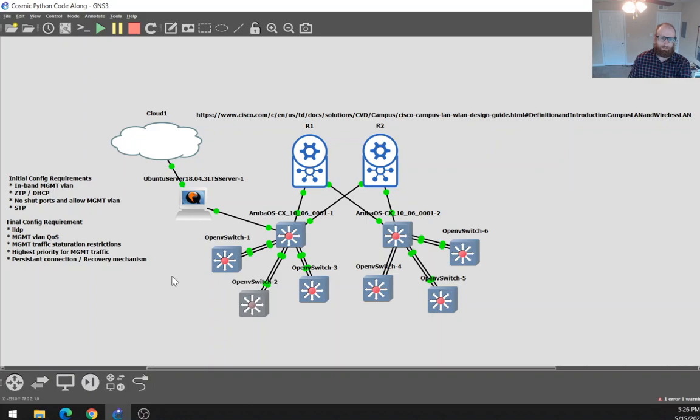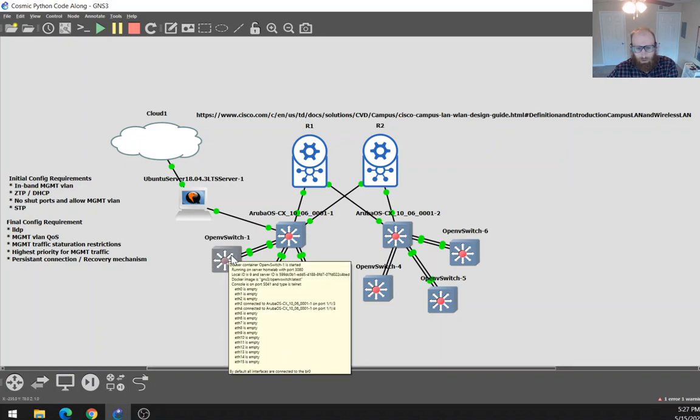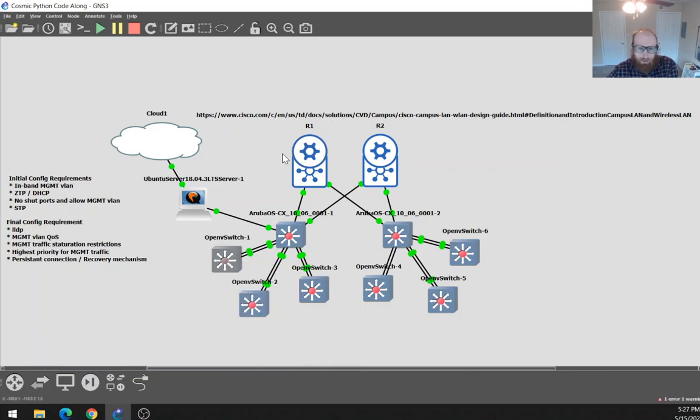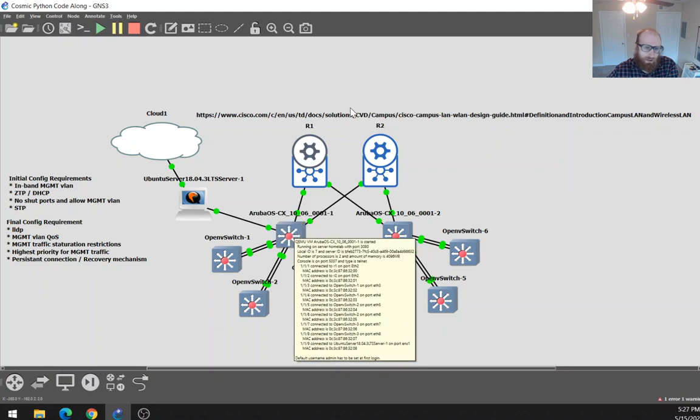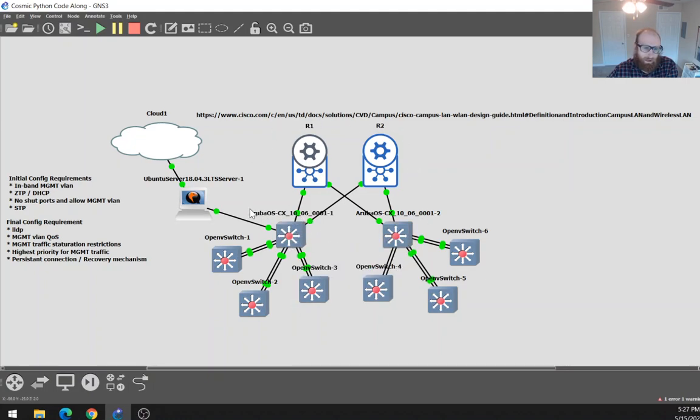In my lab, I was using an Open vSwitch, but that's just not going to be good enough for me, I think, because we're trying to simulate something you would put in a building. Open vSwitch, I learned, is a switch that you would use only for virtualization. So this is a simulation of a Juniper MX80 here. This is a simulation of an Aruba OS CX. So these are devices you can actually